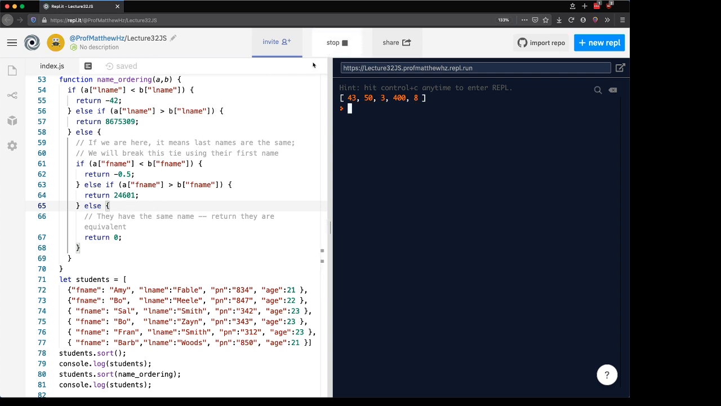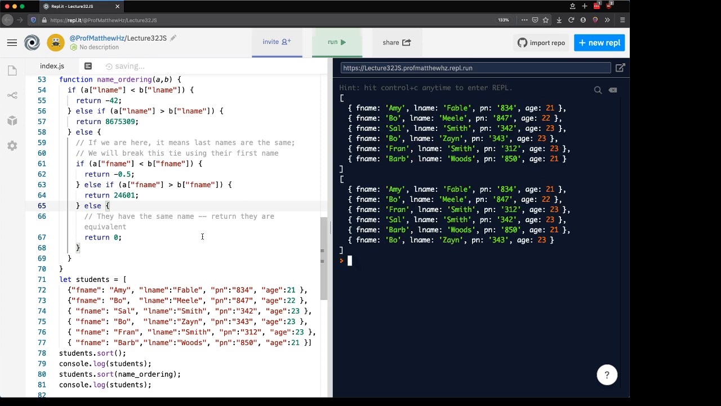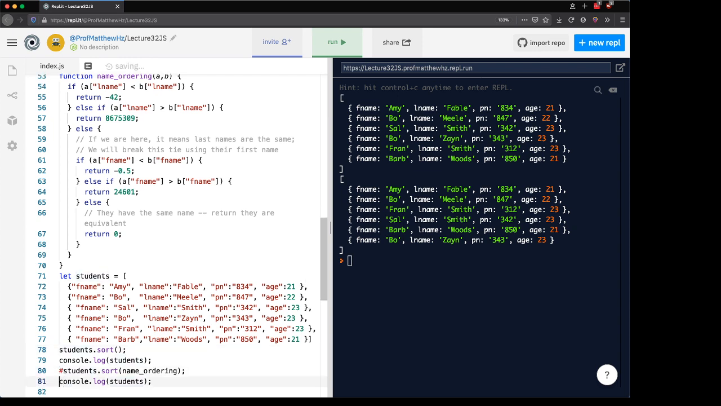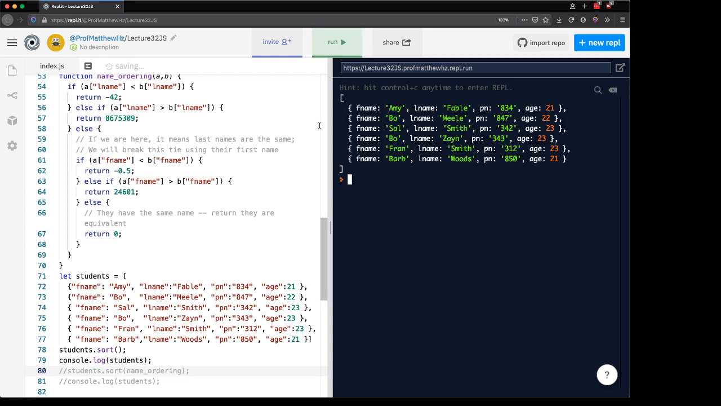And so in this case, if I run this, you can see that I can sort them. If I try to sort them without passing that comparator function initially, let me actually redo this real quick. Wrong comment. If I just call sort, JavaScript's not going to crash, even though it doesn't know how to sort dictionaries. It just doesn't do anything. So after I sort them using that name ordering,